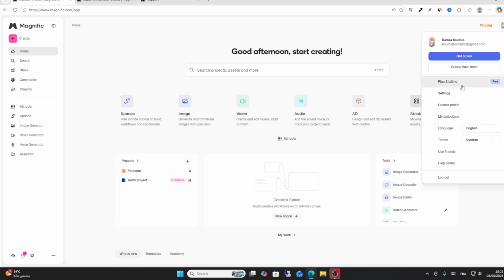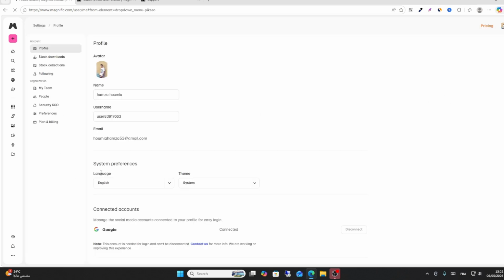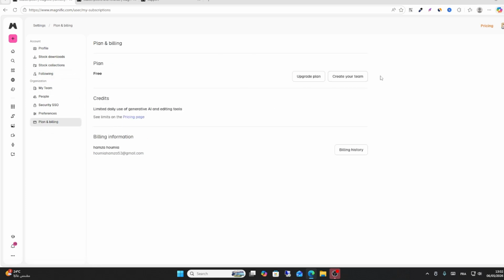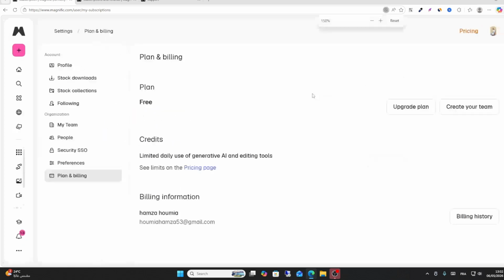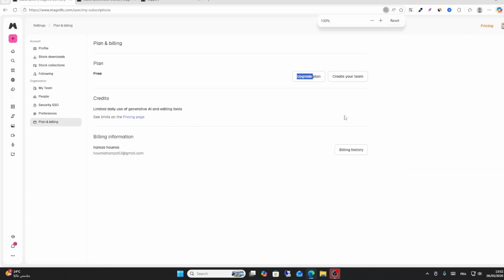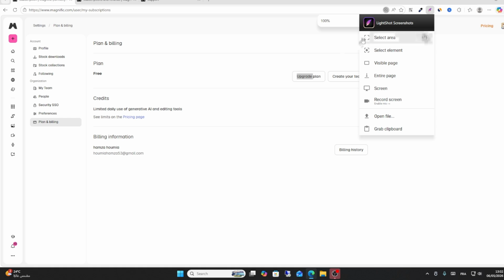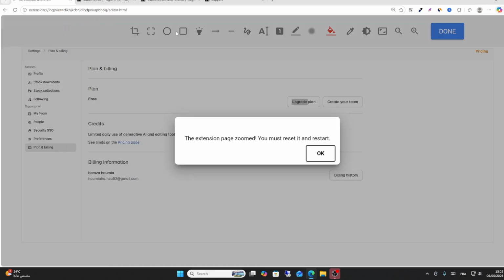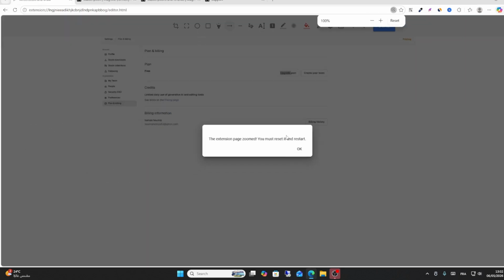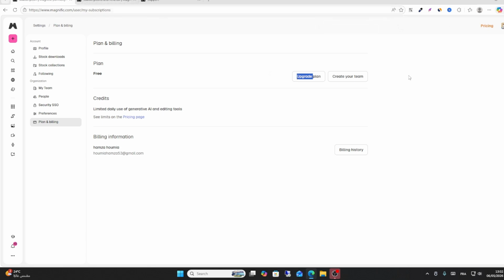Go to the profile icon, go to this one, settings, then plan and billing, or this one, or this one. You will see this page. Go to this plan and billing. From here, you can downgrade. You will see the downgrade option here. If I click on the downgrade option, as you can see here, and then you will cancel the subscription